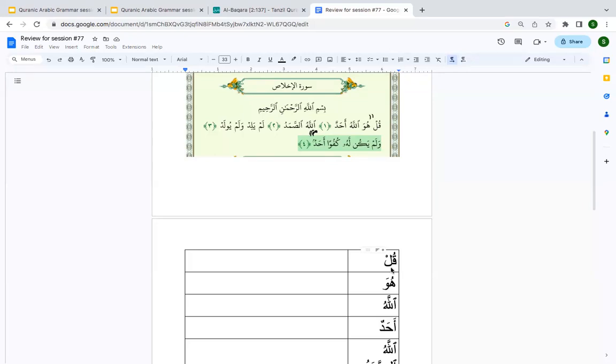Mustatir. Everyone understood that? Well, barakallahu feek, my dear sisters. So now kul, and then starts your statement. Huwa Allahu. If I stop myself here, Huwa Allahu,